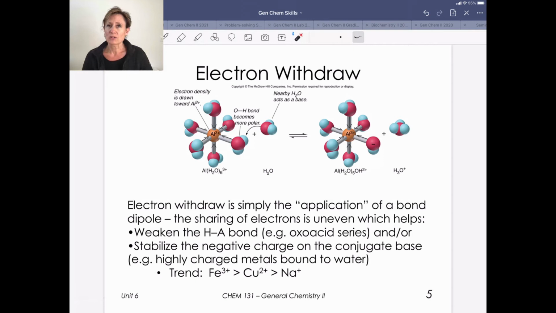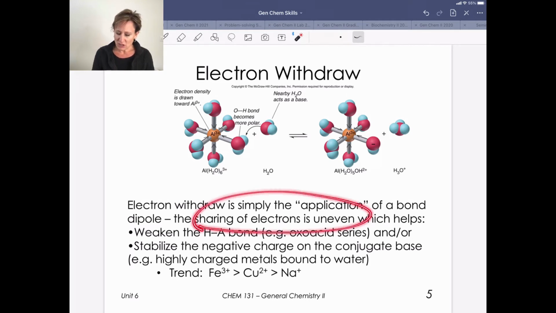A new concept to think about is what we call electron withdrawal. You can simply think about this as the application of a bond dipole. We learned how to draw bond dipoles last semester. When we have this uneven sharing of electrons, generally because of large differences in electronegativity, we can think about that as weakening this HA bond. Again, that's from that electronegativity. But we can also think about it as this electron withdrawal helping to stabilize the negative charge on the conjugate base. And this helps us explain the trend that we see with metals,